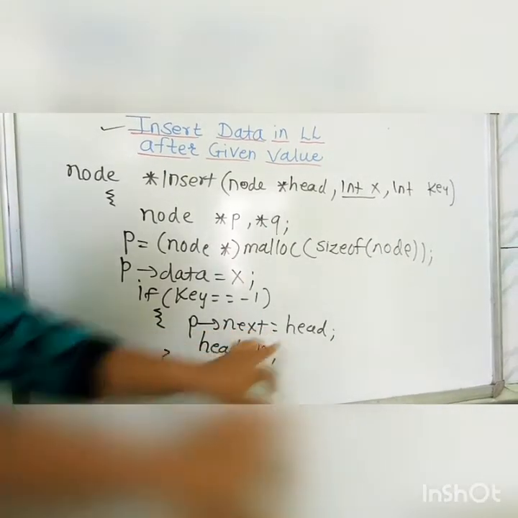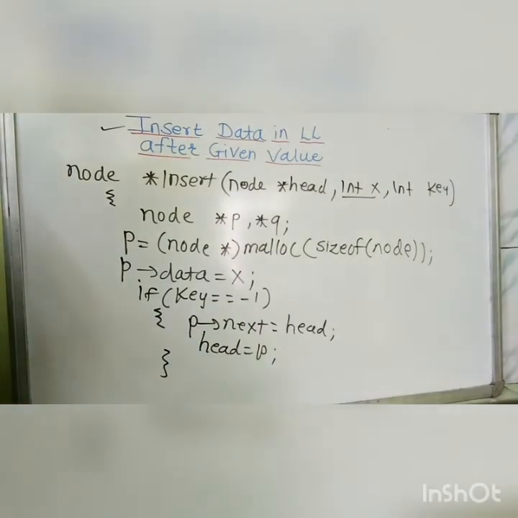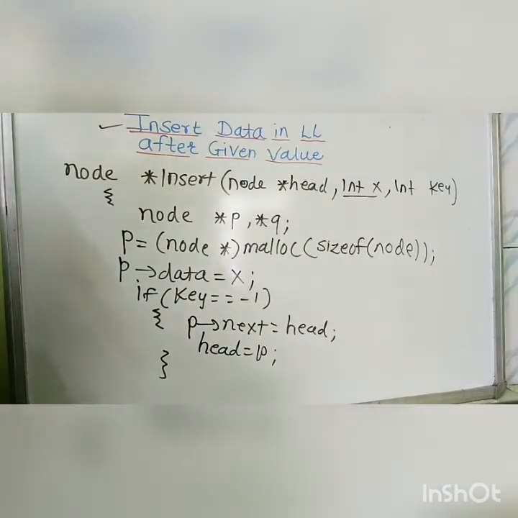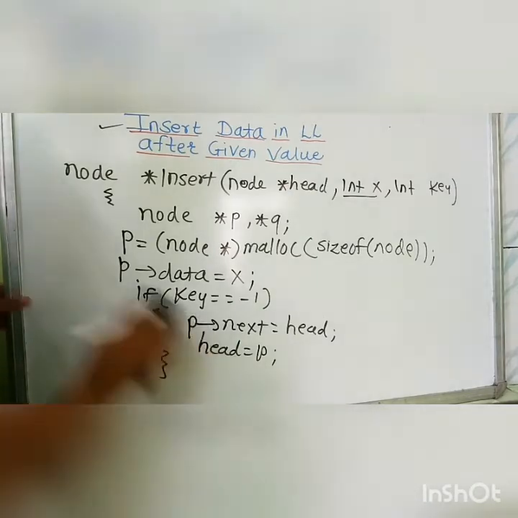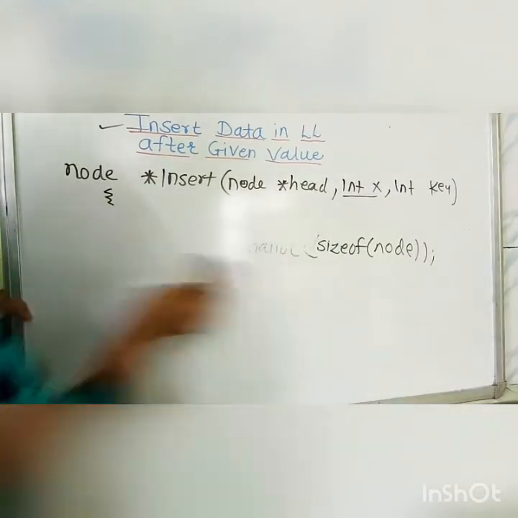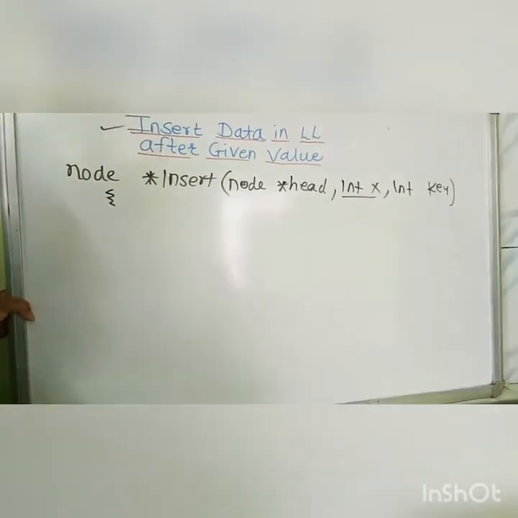That completes the first case. Here we took a situation that if it is the first node then we only place it at the front of the list, but if it is not -1, means it is a position other than the front of a linked list, then we have to take different situations, whether it can be in the second, third, or at the last position. Now we didn't know actually where the position is, so we have to find that position. Now we will find the actual position where the new node will be inserted.